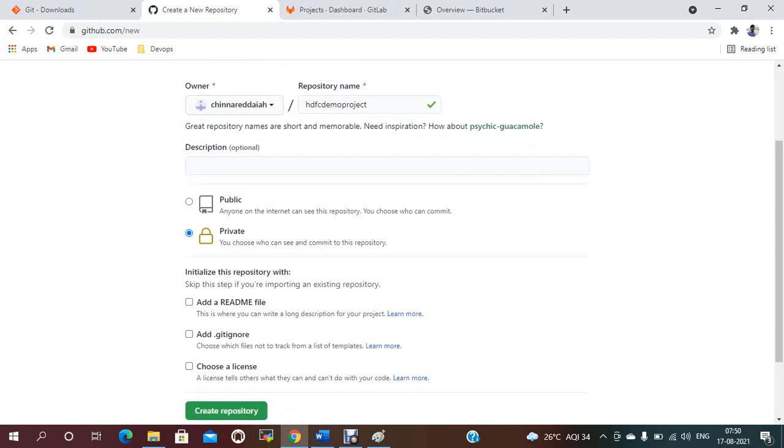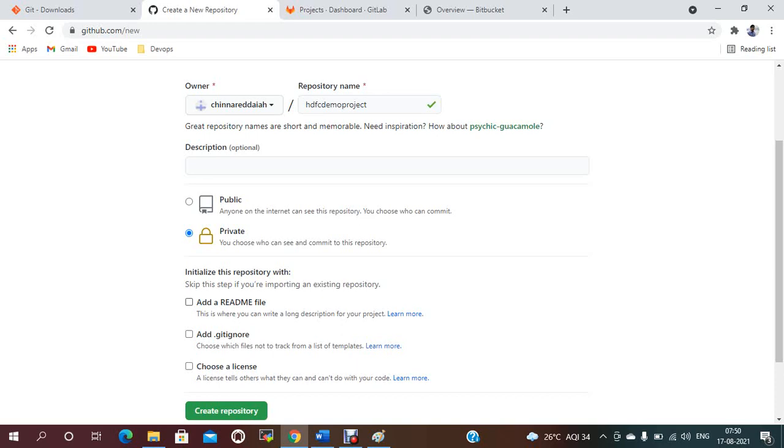Now the initial repository. If you need an initial repository with a README file, you just need to select this one. If you need any gitignore files, you can choose this one. Suppose I don't want .mp4 files committed from my local, they need to be ignored, so I select this. Whatever files you are not going to store on the remote repository, you select here.